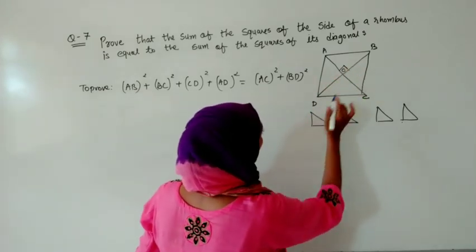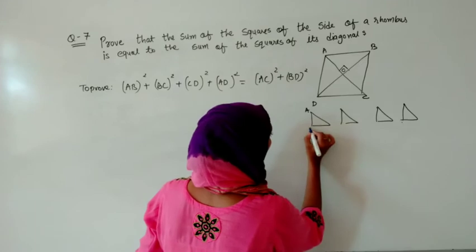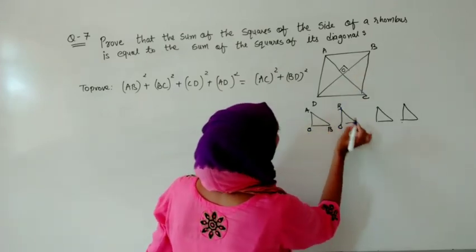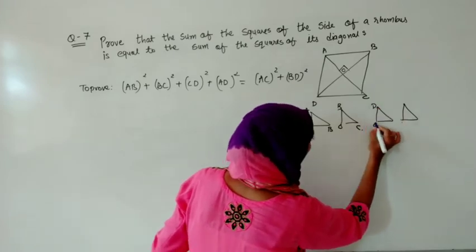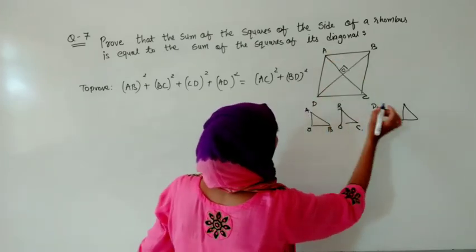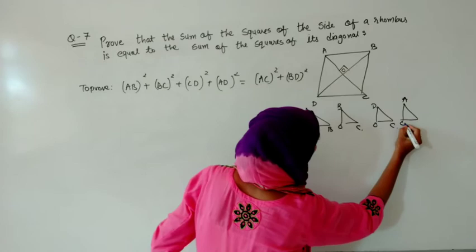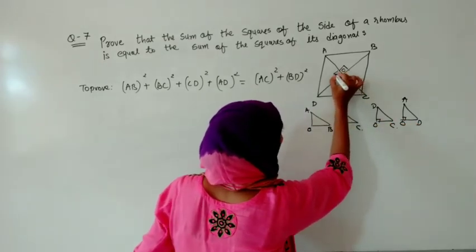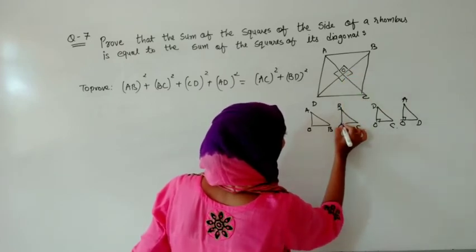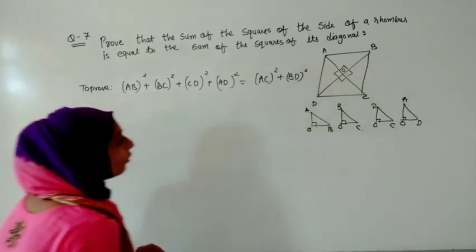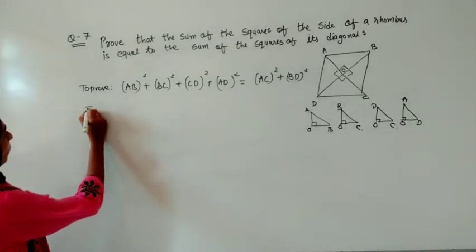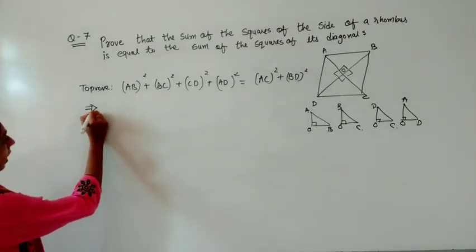So here we have to talk about four triangles. One is triangle AOB. Another triangle is BOC, another triangle is DOC, and the last triangle will be AOD. As we know, angle O is common in all of them and that will be 90 only. So let me take 90 over here. Now in all four of them we have to apply Pythagoras law. So I am beginning my proof, or I am beginning my answer.